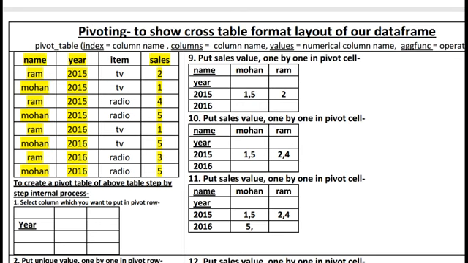This is a very time consuming job, but using the pivoting concept we can change the layout of our table according to our analysis purpose. For this purpose Python provides a pivoting facility. Excel, Access and other software also provide the pivoting facility, but in Python we can use the pivot_table method to create a pivot table.